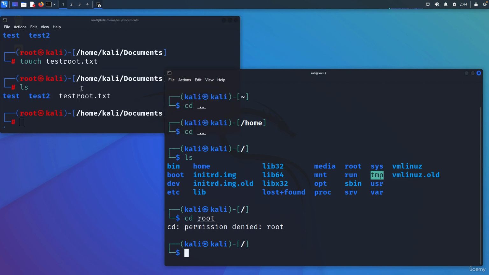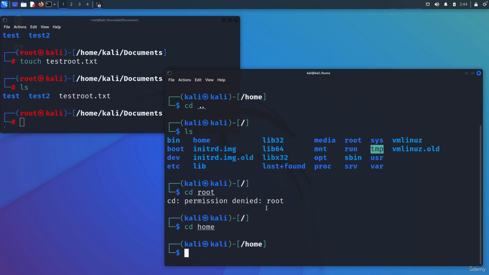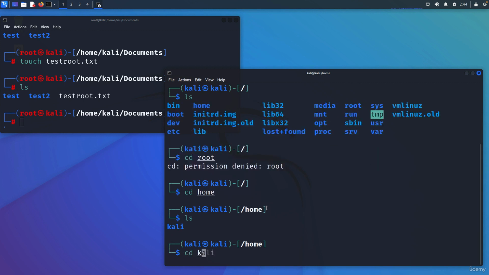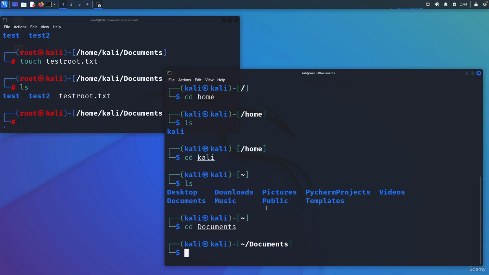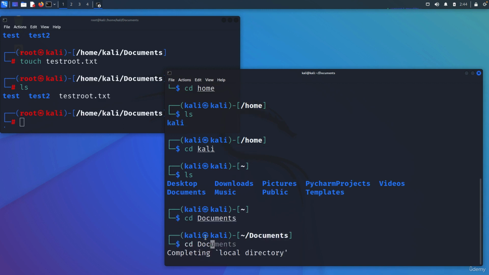Okay, so let me go back to Kali and try to go to the Kali documents folder inside of the Kali terminal. Right now I'm inside of home when I write this, and I can go to the Kali, and again I can go into the documents. By the way, I haven't mentioned before, let me go back and show you what I mean.